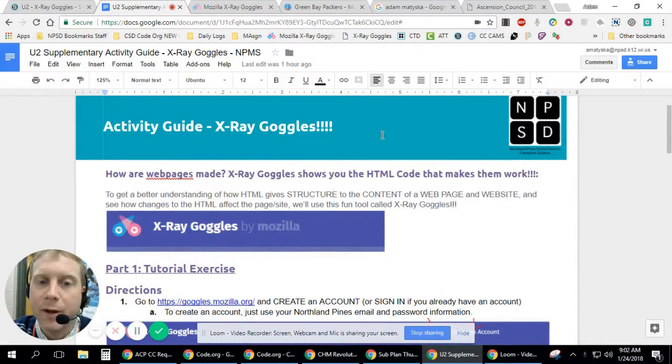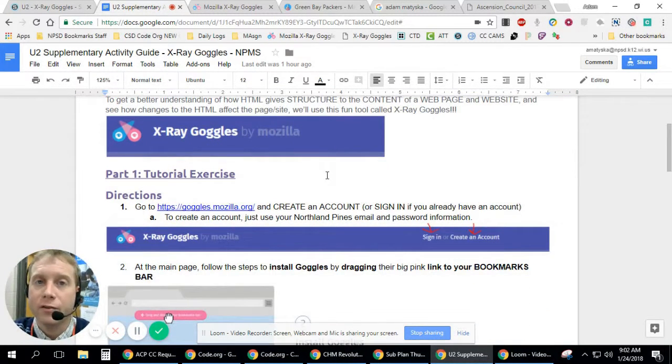How is our web page made? X-Ray Goggles shows you the HTML code that makes them work. Here's what you're going to do. There are two parts to this activity. The first part is to try the tutorial that Mozilla has given you at the X-Ray Goggles site. So you'll go to this website here,